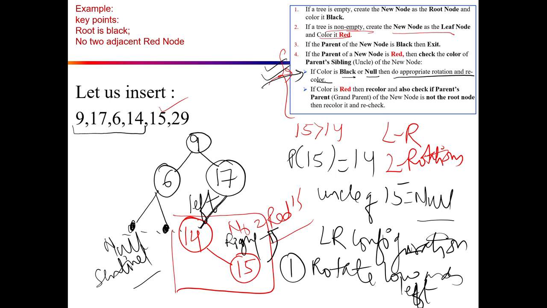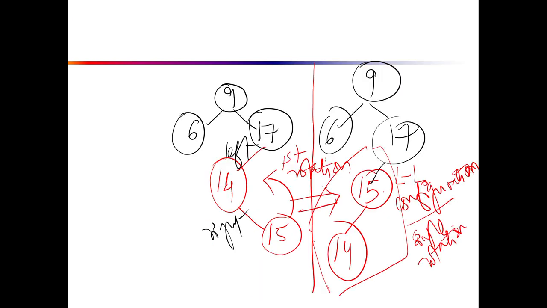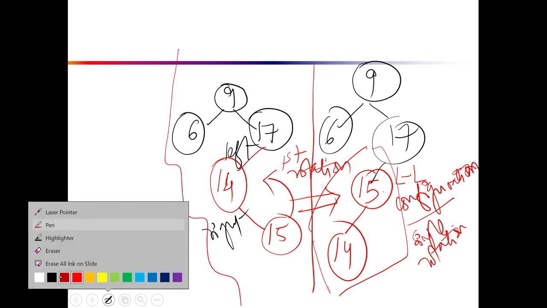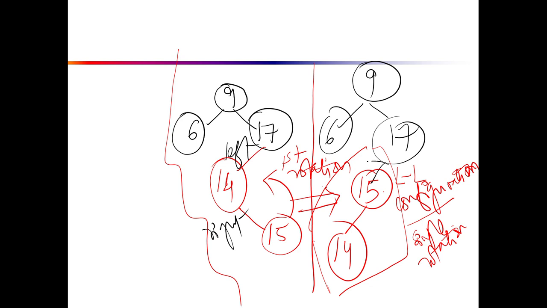So right now in this case, we had LR configuration. So the first rotation was, we shifted 15 towards the left position. So we got this configuration. And the second rotation is that the middle node, I'm telling you a trick, the middle node will now act as a root node. The middle node will now act as a root node, and then we will do appropriate coloring. Okay, so we will have the final tree as 9,